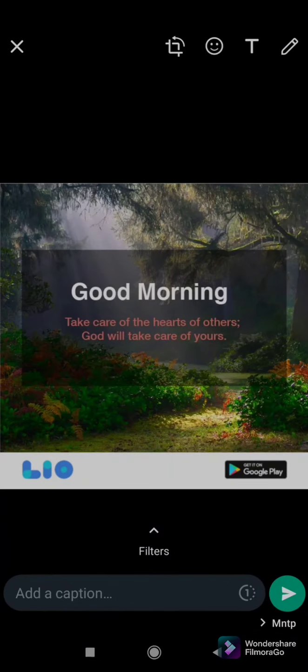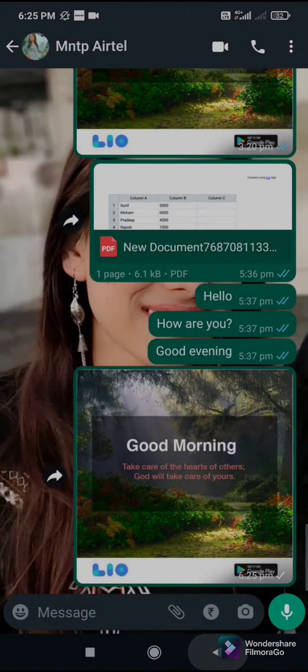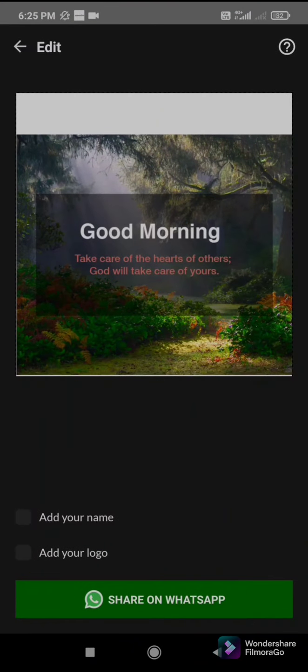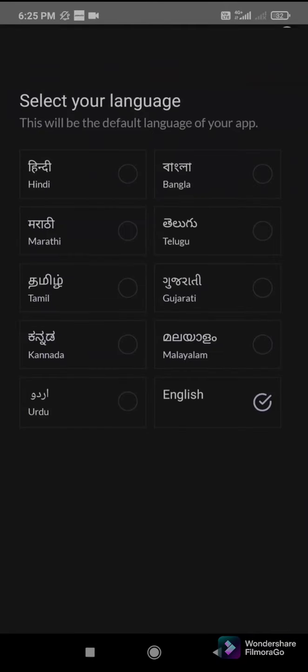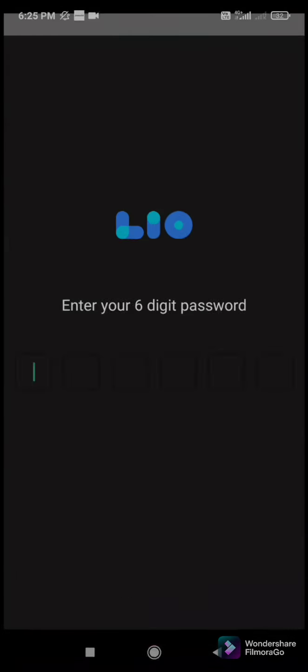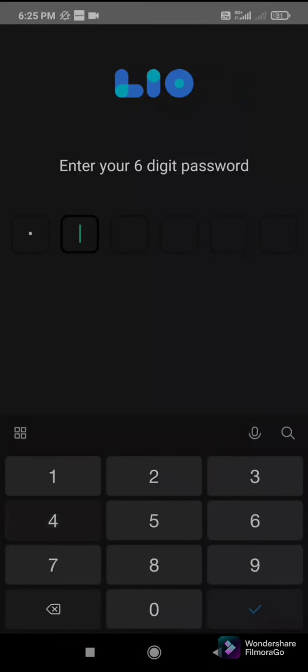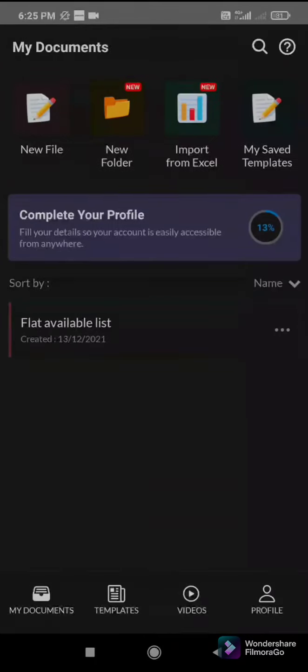And this is one of the good features: you can change the language at any time. And then you can also generate the pin, you can set the pin in this one.